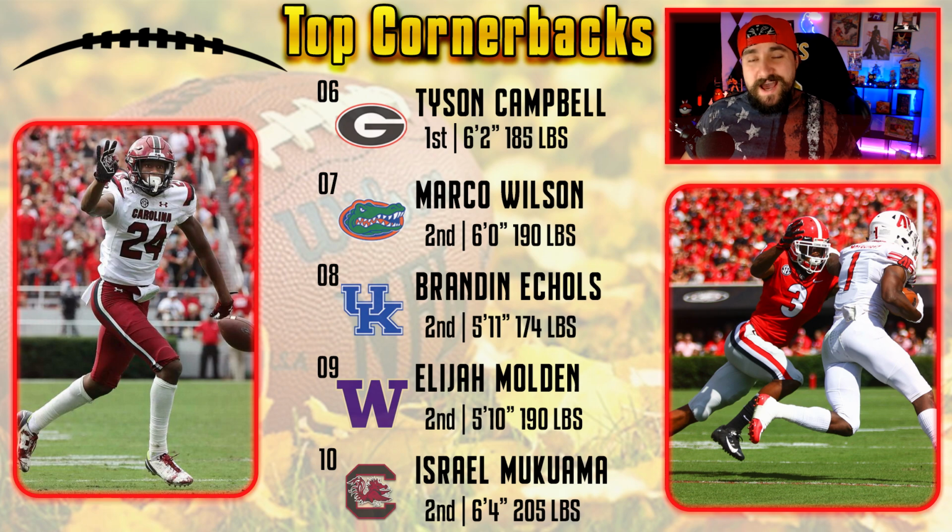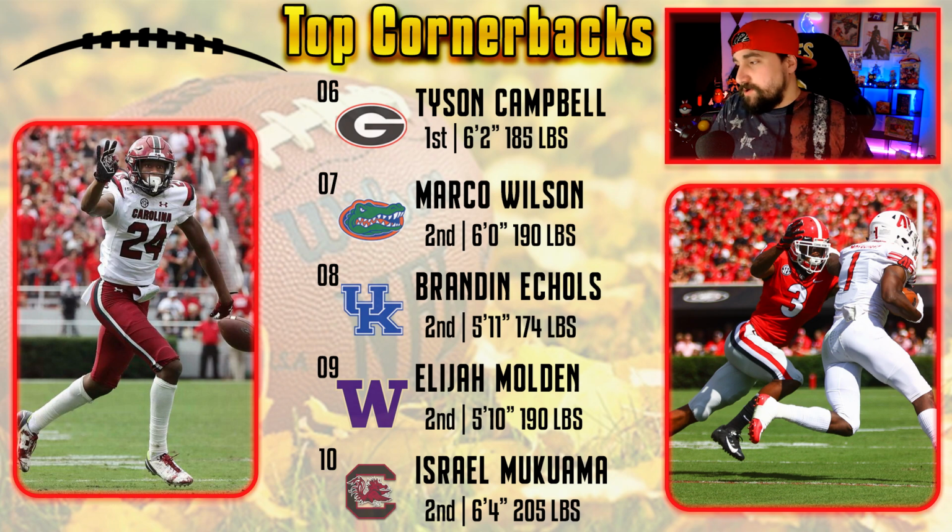Elijah Molden out of Washington, coming in here at number 9, might be among the best slot corners in this draft. Great instincts, great short area quickness. Guess what? That all just spells slot corner, especially with his size. I mean, if he could get to 200, which I think is asking much, though, he's very good in the run game. It's basically slot corner. And like I said, okay size, so probably